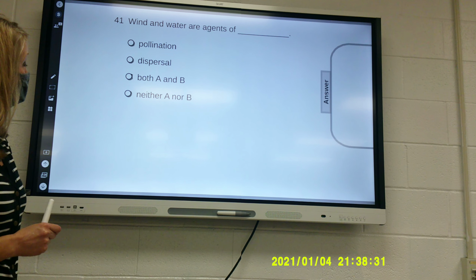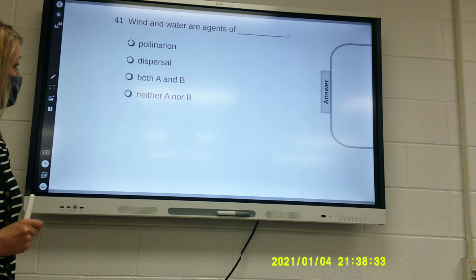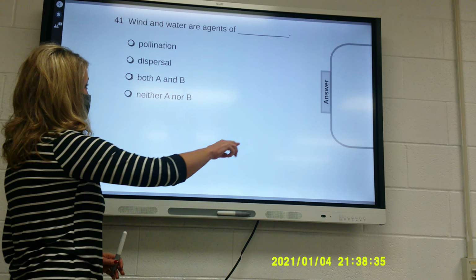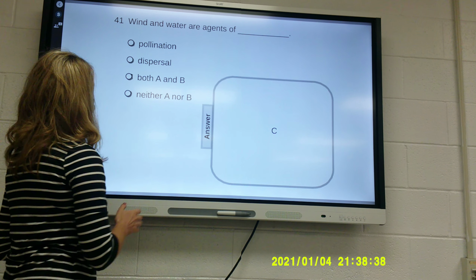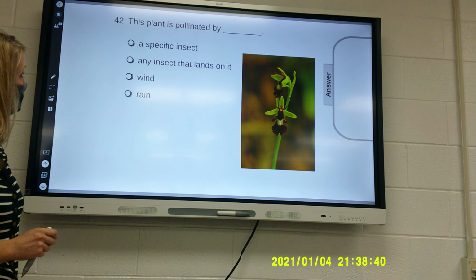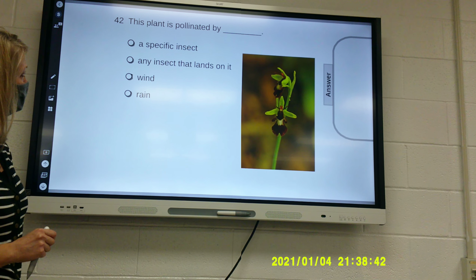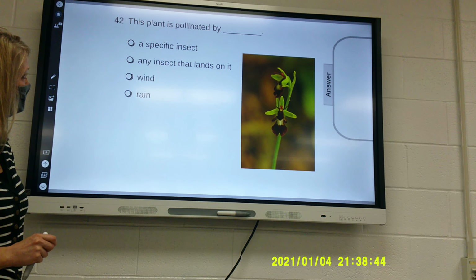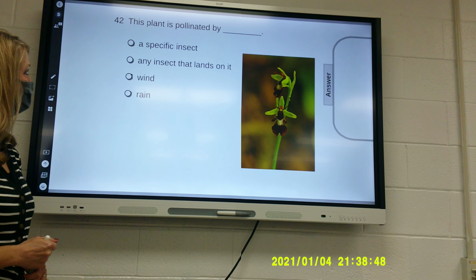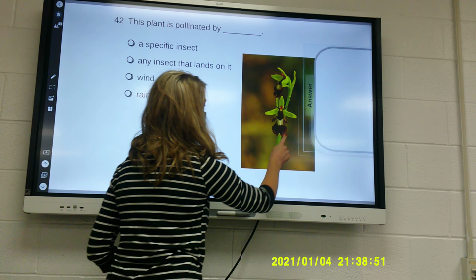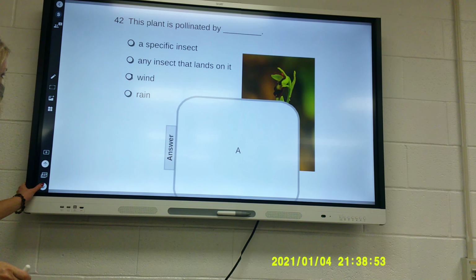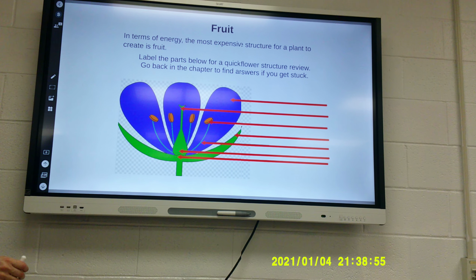Wind and water are agents of what? Pollination, dispersal, both, or neither? Anybody? Both. I agree. This plant is pollinated by a specific insect. Any insect that lands on it, wind or rain. What do you think? Okay. A specific insect is correct. In the terms of energy, the